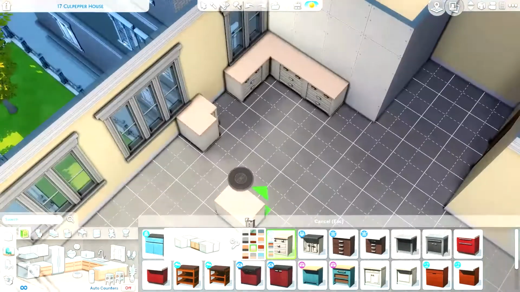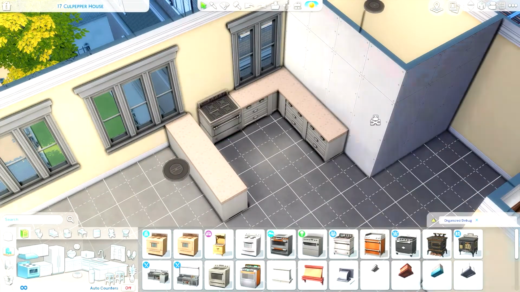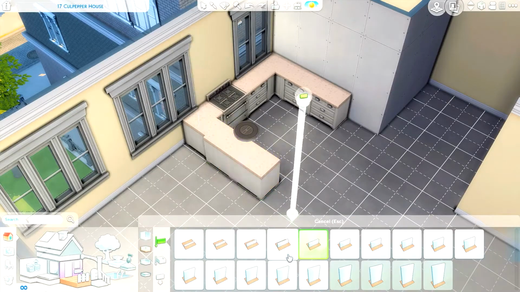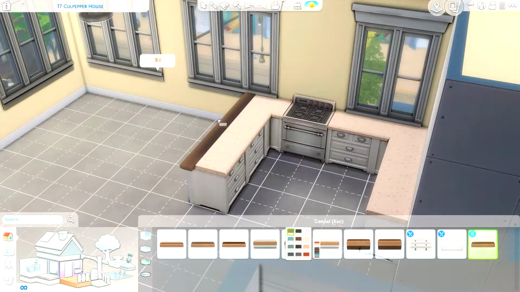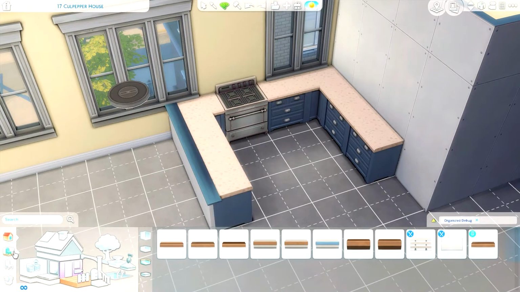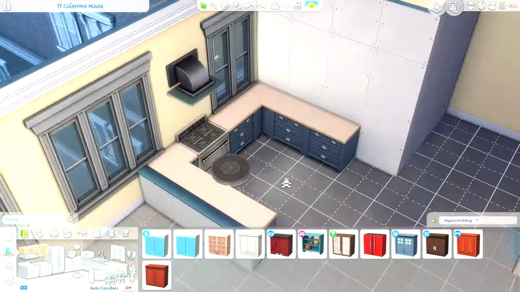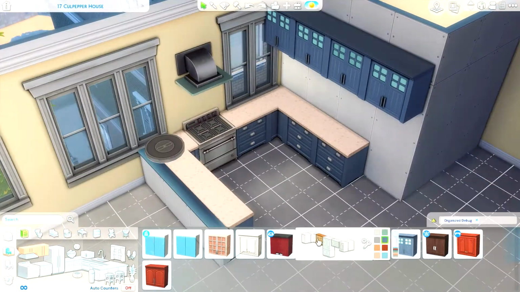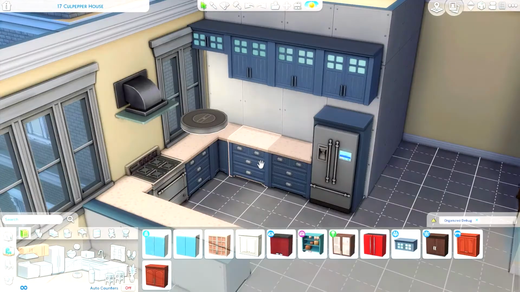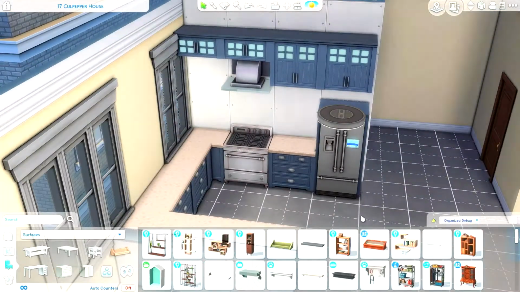Today I am building an apartment for first time parents. So this is 17 Culpeper House in San Myshuno. I really wanted to do a family themed build, and I thought it would be really cute to do a family who either have just had a baby or are expecting a baby anytime soon and they don't really know what they're doing. I imagine maybe it's not something that they planned, so they've had to adjust the apartment. It's quite small, so maybe they weren't really expecting it, but they're probably very excited but also very nervous as well. So it's a little bit messy, it's a little bit makeshift as well, but it has a lot of